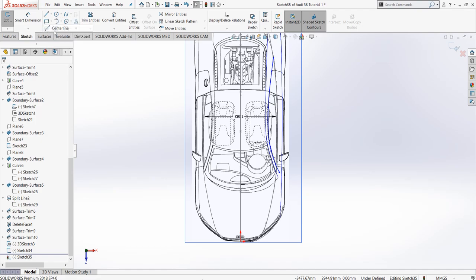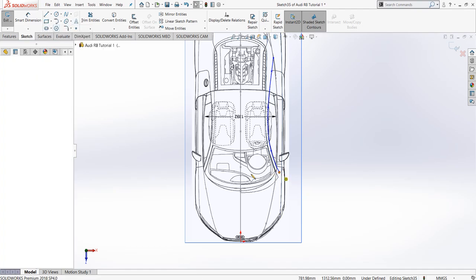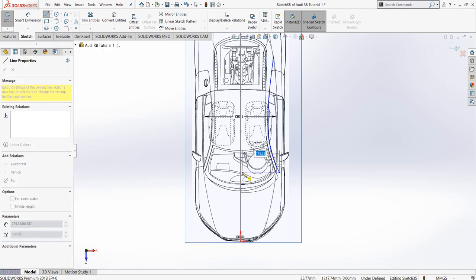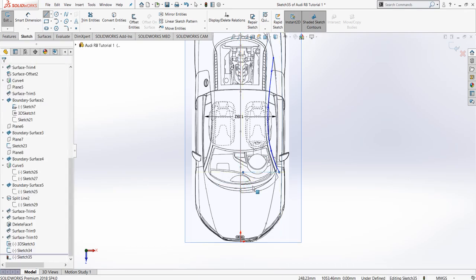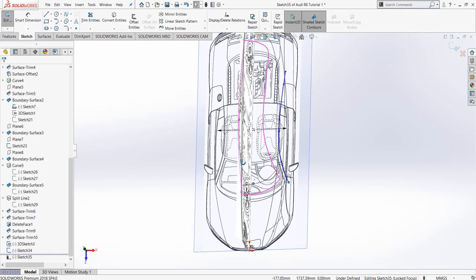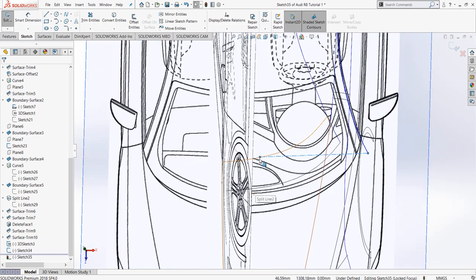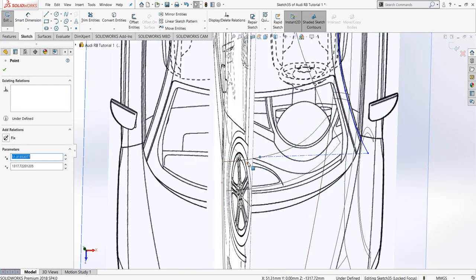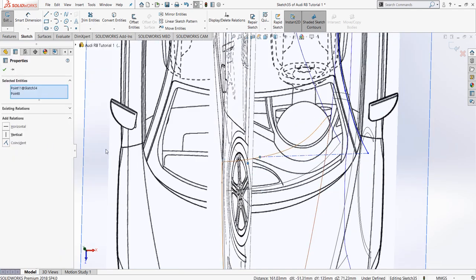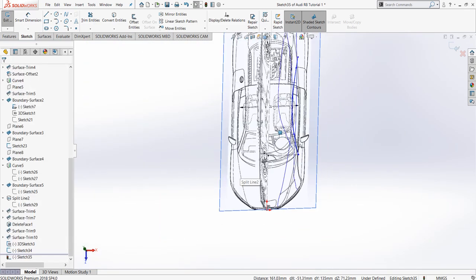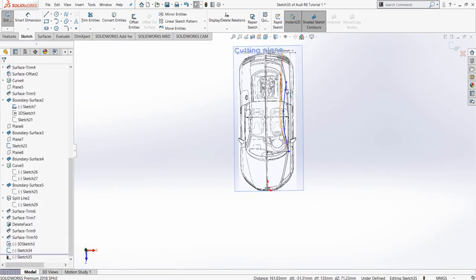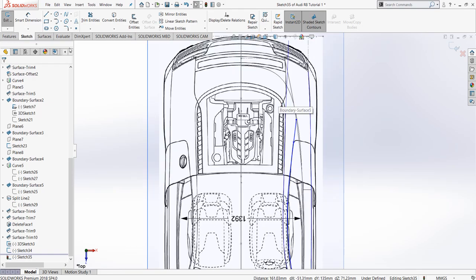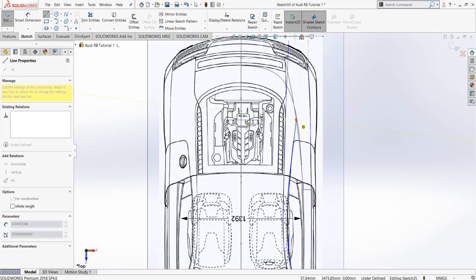Now draw a center line from over here to here. Don't touch this line. Slightly rotate your object, then select these 2 points and give coincident. And like that, draw a center line from over here.